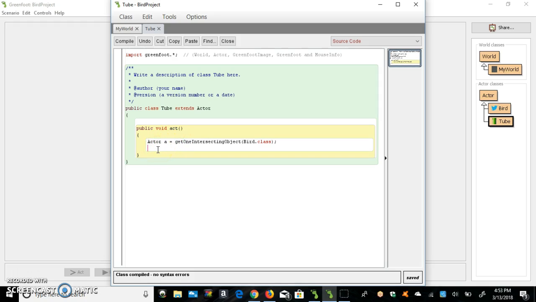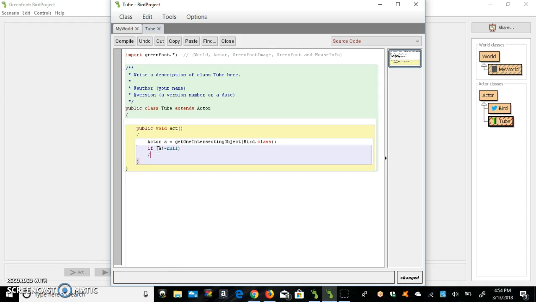So if you try to do something with A, like set its location or anything like that, and it was null, you would get a null pointer exception. That's from the very first call of act, because you wouldn't be touching a bird, then you would try to get that actor to move back, and you would get null pointer. So I will first make sure that it is